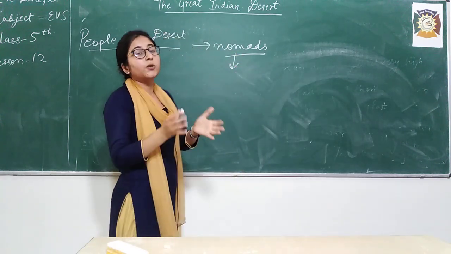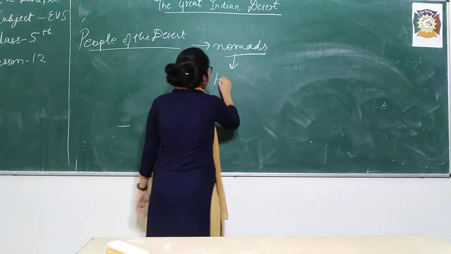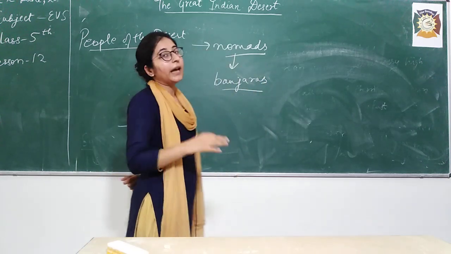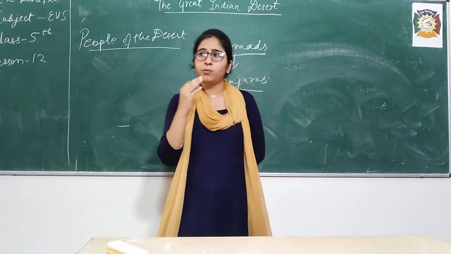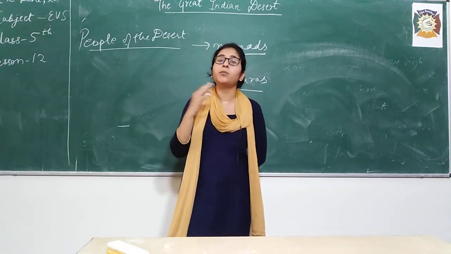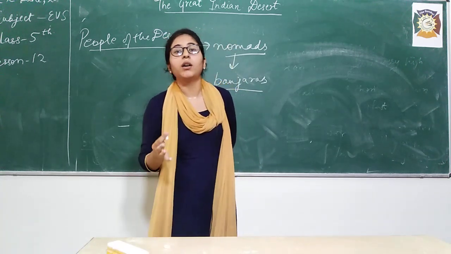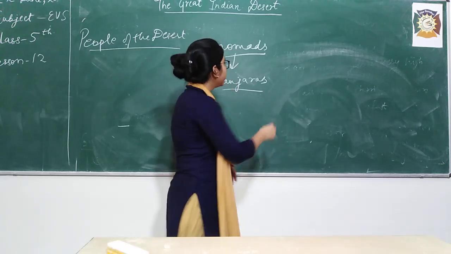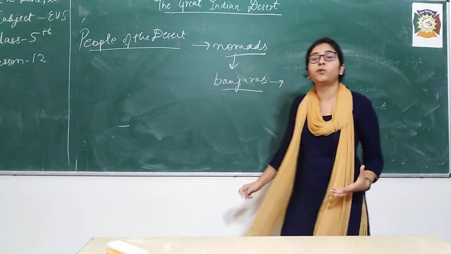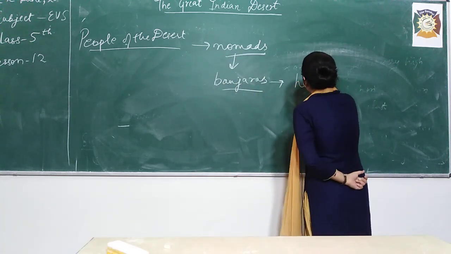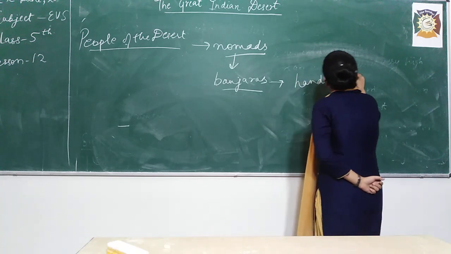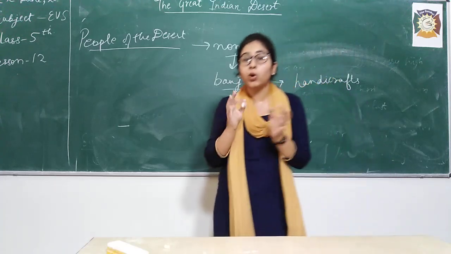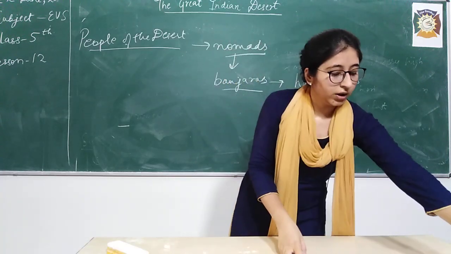Among the nomads, there is a small tribe, a small group of people known as Banjaras. Okay, Banjaras. These people can be seen even nowadays. You must have seen them in movies, and they come to cities also to sell their work. What is their work? They create very good handicrafts. They are known for their handicrafts, very colorful, very creative handicrafts. Okay. So they come to sell these in the cities. You can see a picture of a lady that is shown in your book also. I will just show it now.